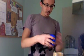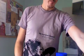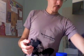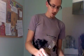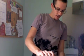What the peanut butter does is it's going to act as a fat, but it's also going to emulsify the hot sauce and the tamari, and it's going to make it like a really creamy dressing. So I'm going to get the tamari out, and if you don't have tamari, you can just use soy sauce. It does the same thing. I just think that tamari has a little more flavor. It's a little more concentrated, and well, I buy the reduced sodium, so it has a little less salt. So you put about a teaspoon of tamari into there,